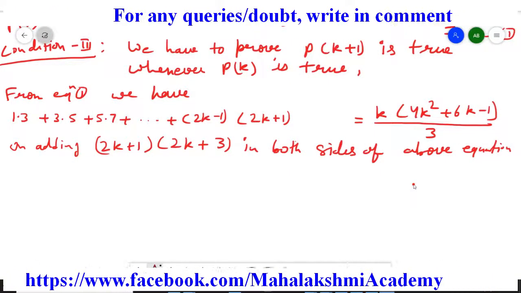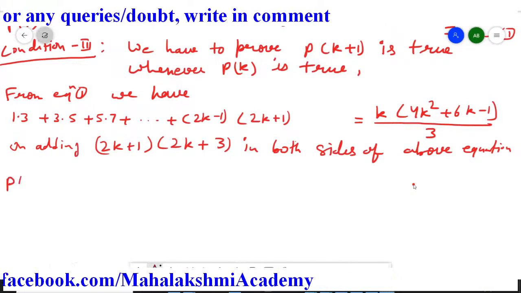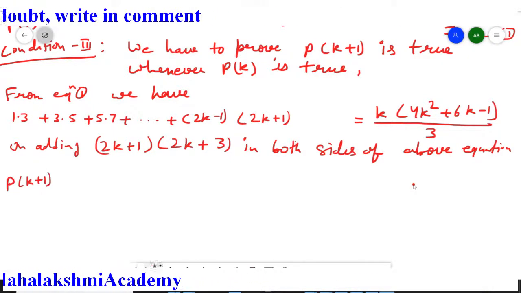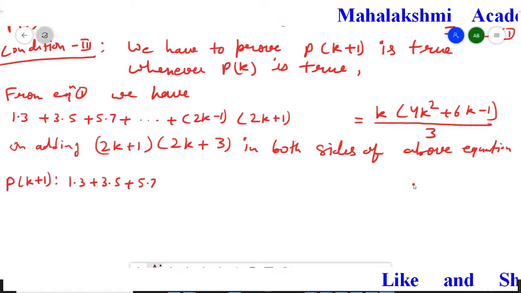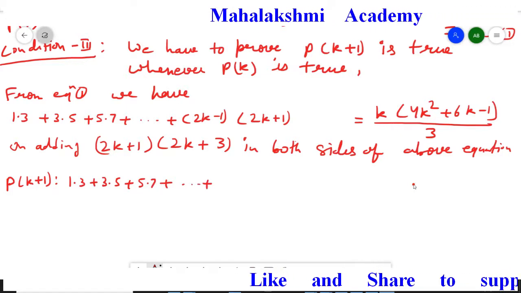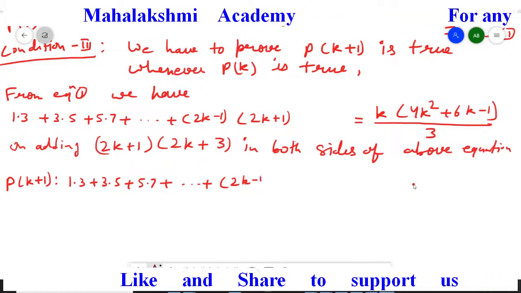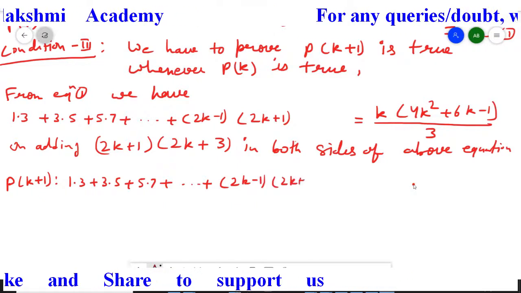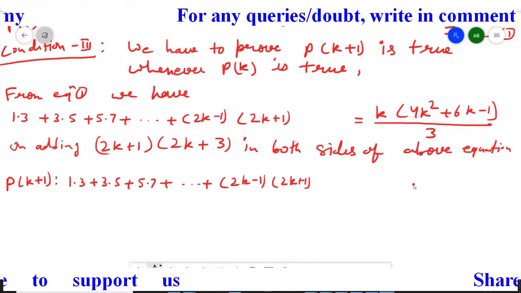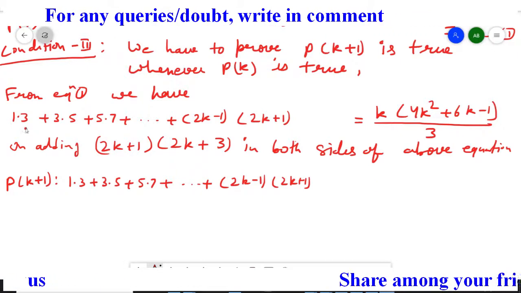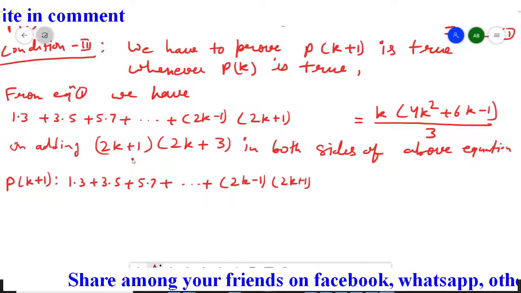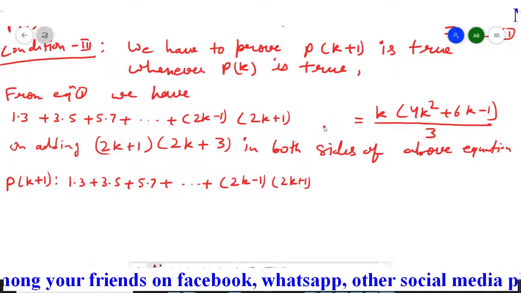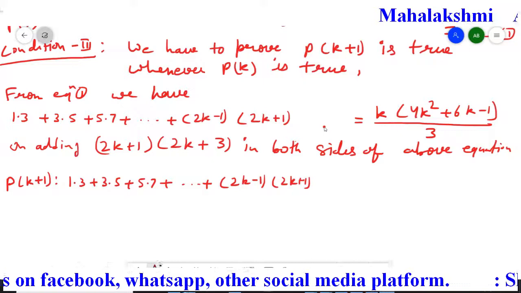so after adding it, it will convert to the P(k+1) statement, and it's going to be 1.3 plus 3.5 plus 5.7 plus, and it's extended up to (2k minus 1)(2k plus 1), and I wrote here, students, this complete part as it is, and now in this blank space we have to add 2k plus 1 and 2k plus 3. So I am writing here. So it is going to be like this,